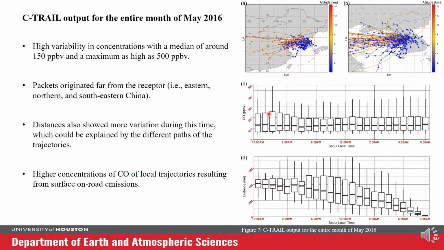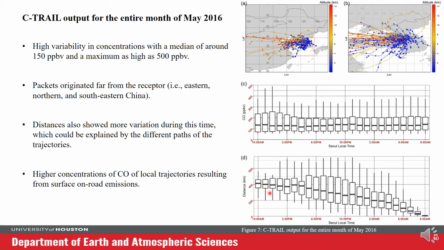And figure panel C displays the CTRAIL CO concentrations, which is in box plot, and panel D shows those packets' distances from the receptor area. So from this one for May 2016, we found out that there is some high variability around 150 ppb and maximum as high as 500 ppb in this area. Most of these packets